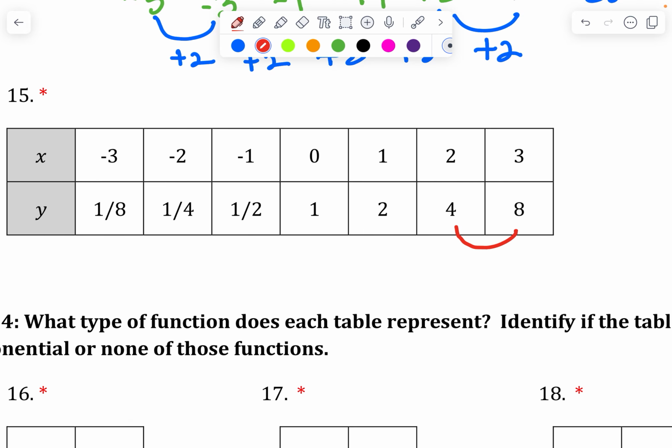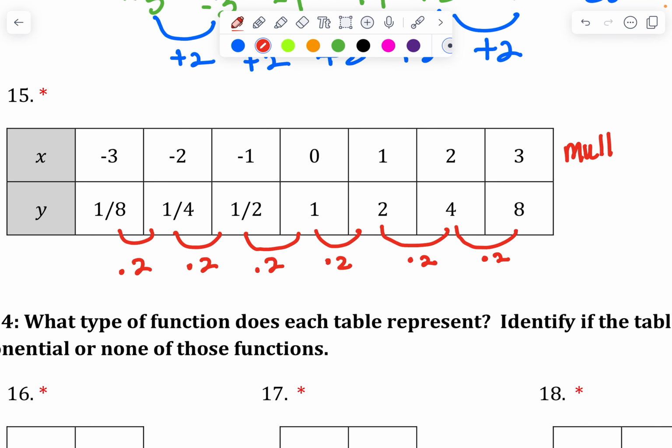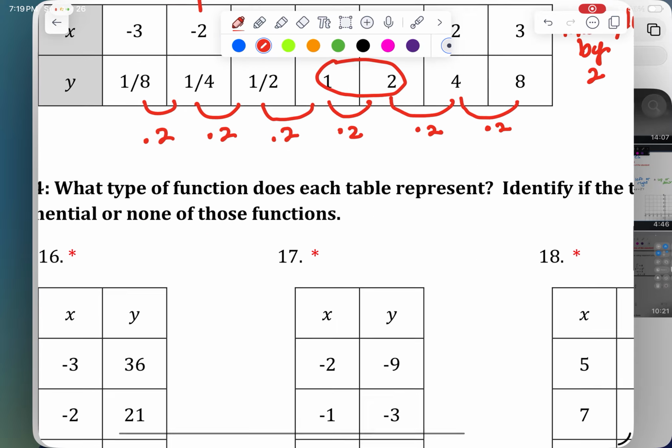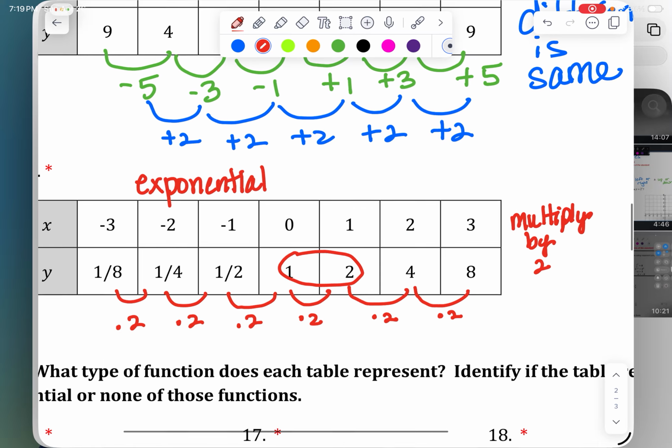Okay, what do we got here? Ooh, these are going to be fun. -3, 1/8. -2, 1/4. -1, 1/2. 0, 1. 1, 2. 2, 4. And then 3, 8. So if I graph that, not too clean, but there we go. There's that one. Okay, so down here, we're just going to look at a table and see what they have